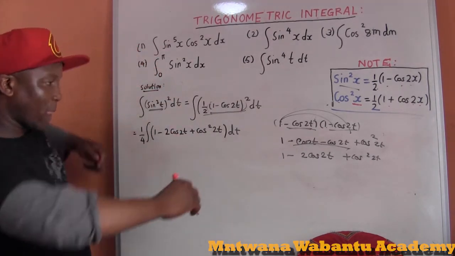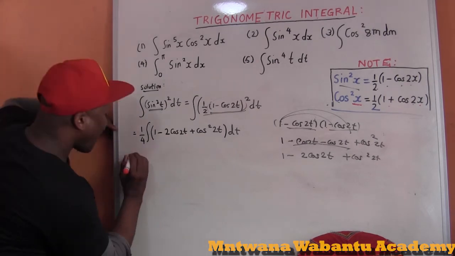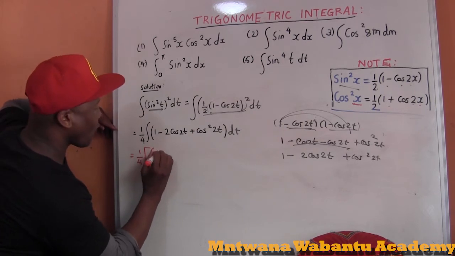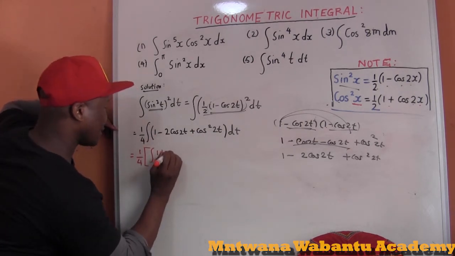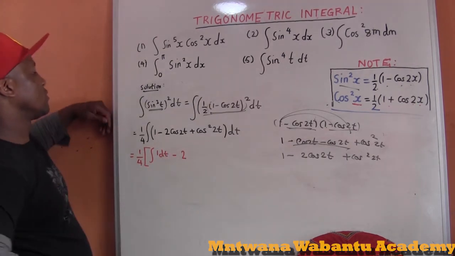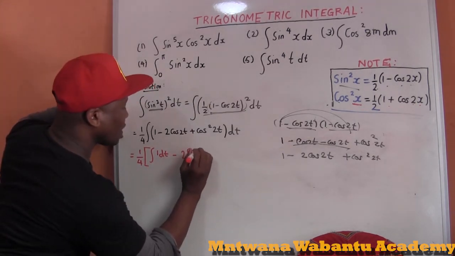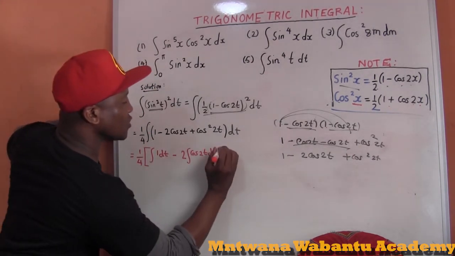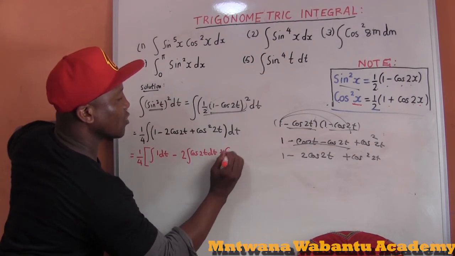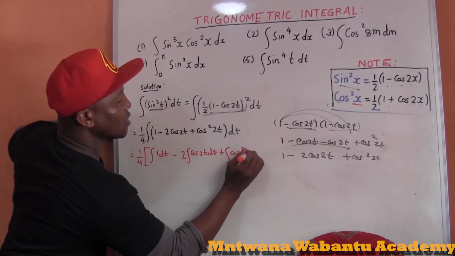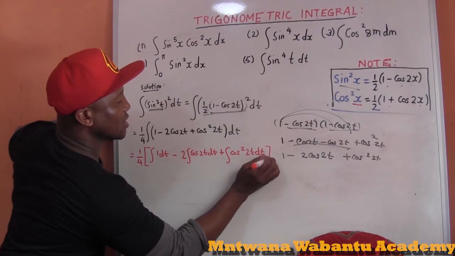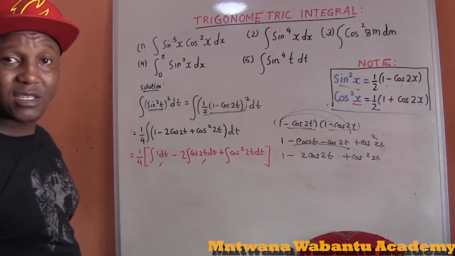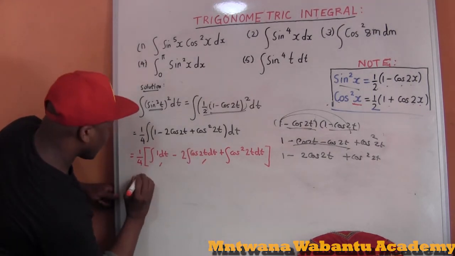Okay, now I can integrate separately. So 1 over 4 is outside. Now the integral of 1 dt, and then minus 2 times the integral of cos 2t dt. Okay, now we go for the last one: plus the integral of cos squared 2t dt. But this 1 over 4 is for all of them. So now this is equal to 1 over 4 times